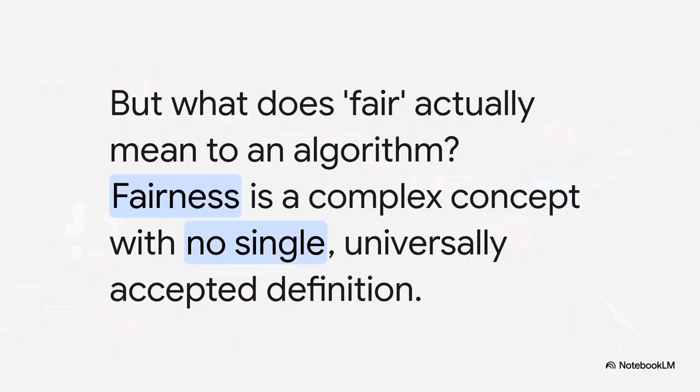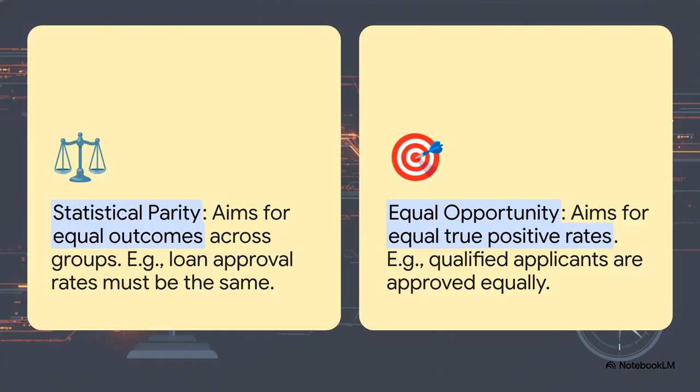Okay, so this is where it gets super tricky. We want to tell the algorithm, hey, be fair. But what does fair actually mean? It's a huge philosophical question with no easy answer. And if we can't agree on it, how is a machine supposed to figure it out? This puts developers in a really tough spot. This slide just nails the problem. You've got these two big ideas of fairness, and guess what? You often can't have both.